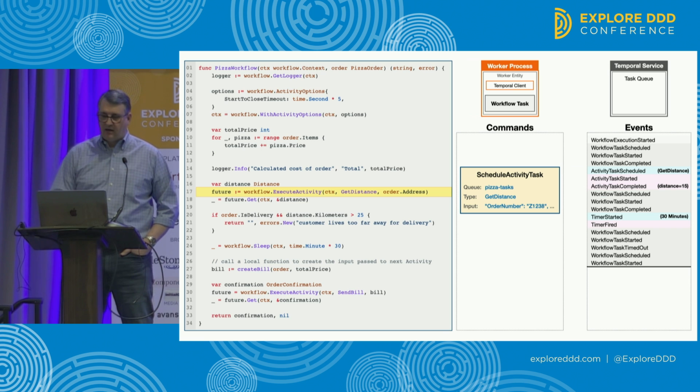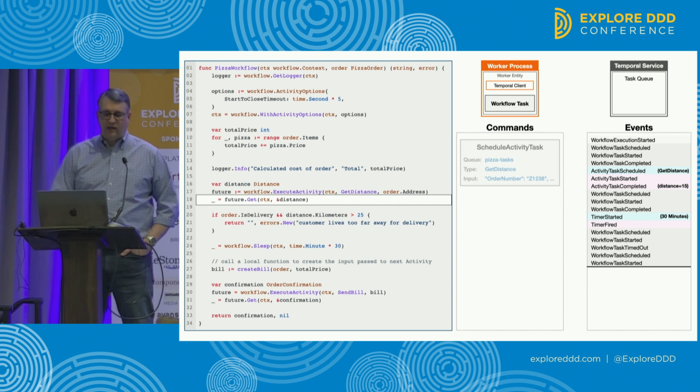So here we have the command, and it says, do I need to send this to the Temporal service? Let me look in the event history. Well, activity task scheduled was called for the get distance activity, so this was invoked before. The worker picked it up because activity task started is there. Did it return anything? Yep. Activity task completed is there, and the distance it returned is 15. So we don't need to run this again. What we can do is substitute the function call by assigning the value of the previous execution. And it says, not going to send this command because this has already taken place.